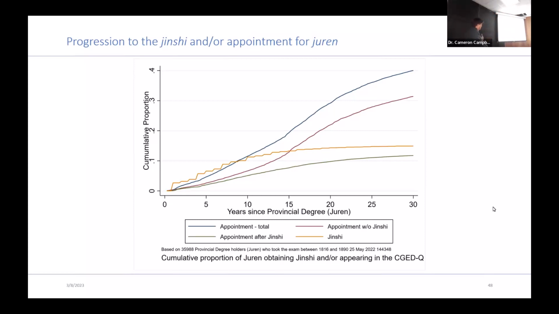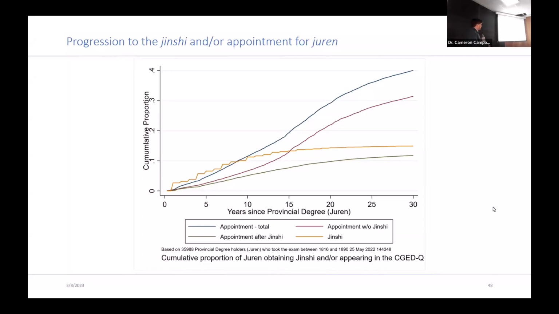And so if you were one of these provincial degree holders, if you didn't get one of the metropolitan degrees, you got into a queue for appointment. And actually, you could wait as long as 25 or 30 years for appointment. It was a pretty long queue, where if you only had one of these provincial degrees, and actually you could pay money to bump yourself up in the queue. The government harvested the revenues, and probably a lot of the people that were appointed early would have been from wealthier families. And then a small fraction of people, maybe about 15%, actually got the metropolitan degree.